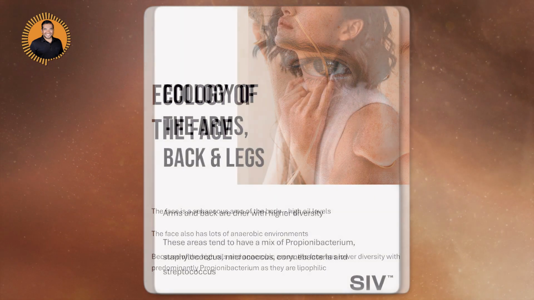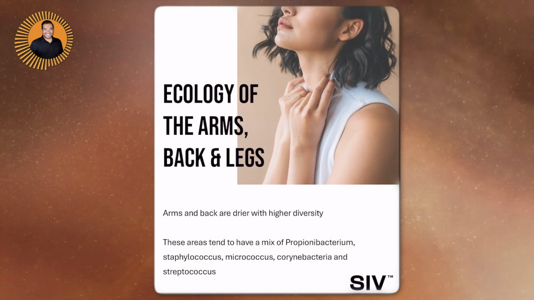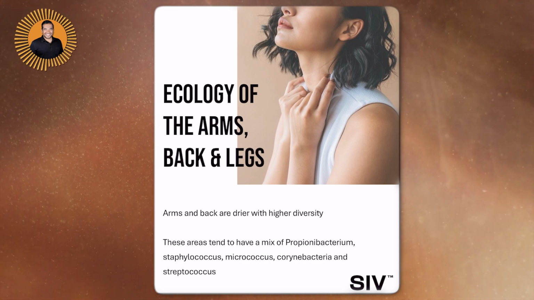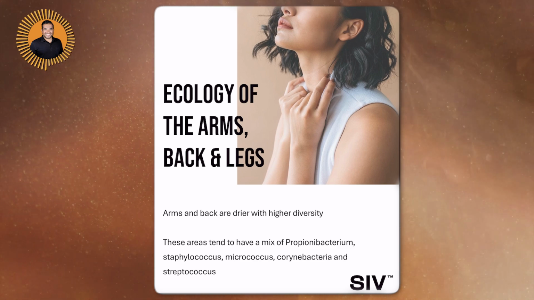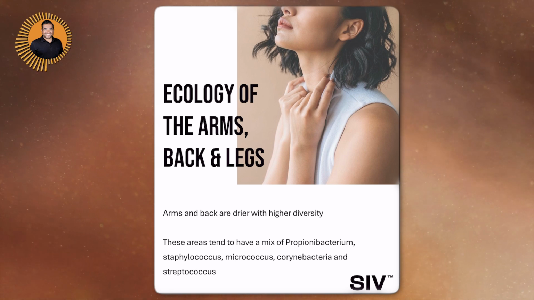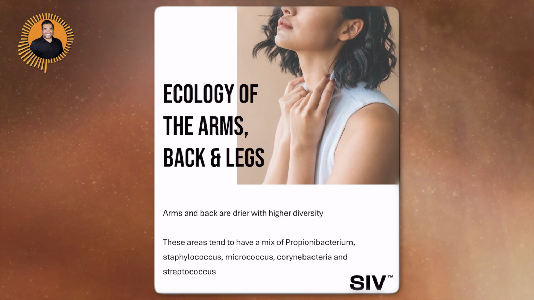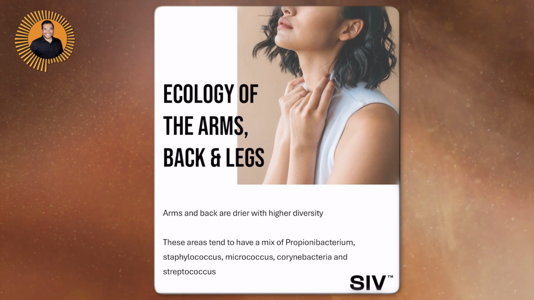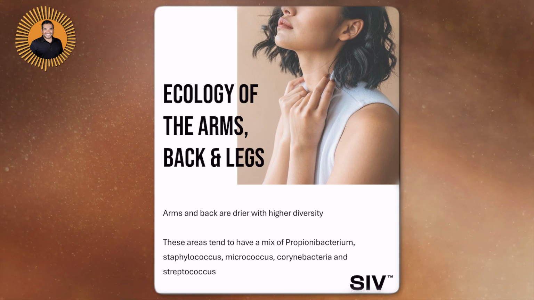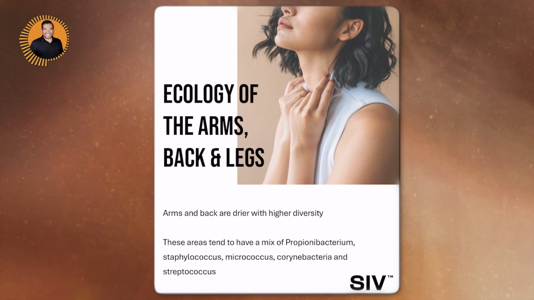skin microbiome. Then you've got the ecology of the arms and the backs and the legs. These are the dry areas of the body, and as dry areas, they tend to have much higher levels of diversity. In fact, on these areas, you do want diversity, right? So it makes a lot of sense to have different kinds of products and different approaches for the face versus the body. We've seen for a long time that there's face lotion and body lotion, face soap and body soap, and so on. And part of that is sensible because